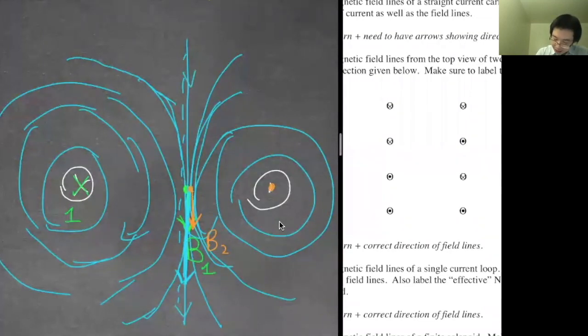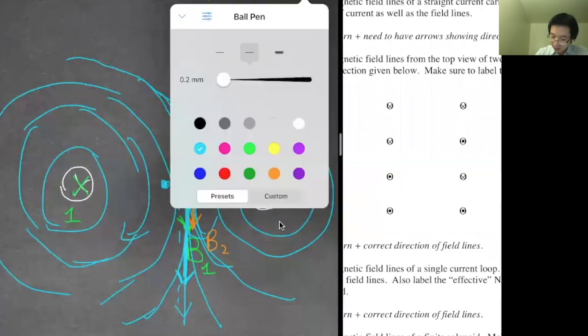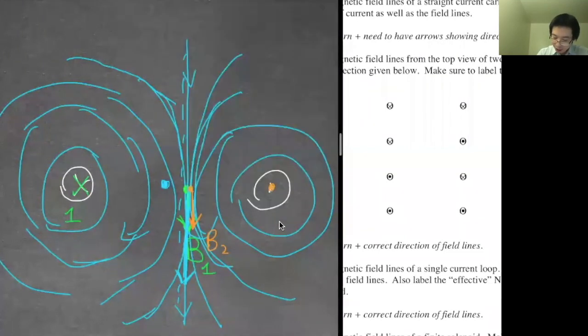And let's pick another point over here. What is the effect on the green to here? Well, it's going to point this way. That's B due to wire number 1. And B due to wire number 2 is also going to point this way, but it's going to be a smaller arrow, like that, okay? Because it's further away from 2,